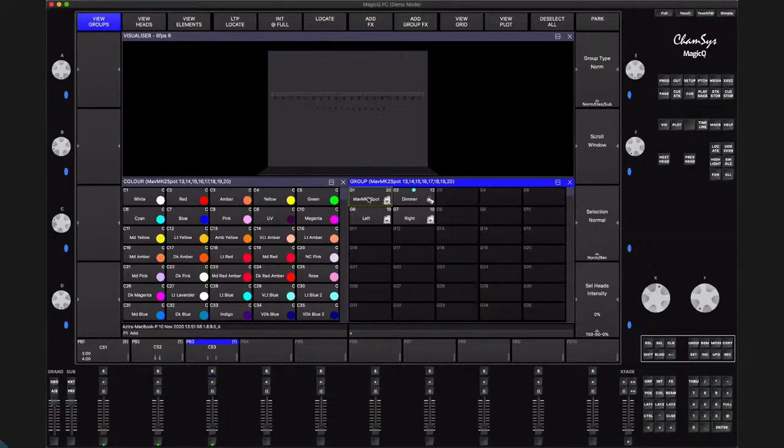Okay, so the difference between normal palettes and soft palettes is that soft palettes are dynamic palettes that can be updated live, and the playbacks will be updating at the same time. How it works, I will explain. So if you select your lights and, for example, apply any color here,